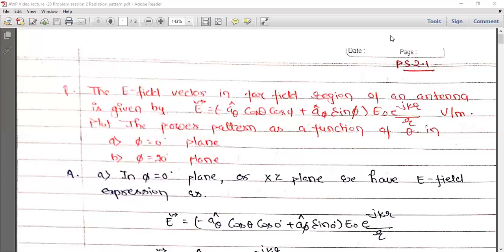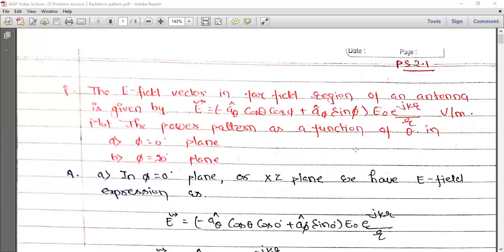So correspondingly, if you want to find the power radiation pattern due to an antenna, you have to find the received power on the periphery of a sphere of some constant radius. Some radius, you assume that radius to be r. Okay, so if you take this r as a constant, as you can see this r here in the expression of field intensity, you have to keep this r constant, or you have to make this electric field intensity vector free of this r using some quantity.